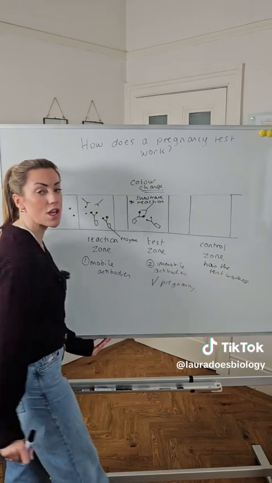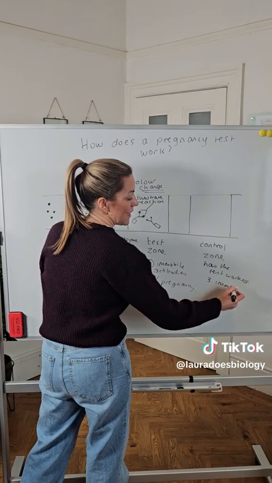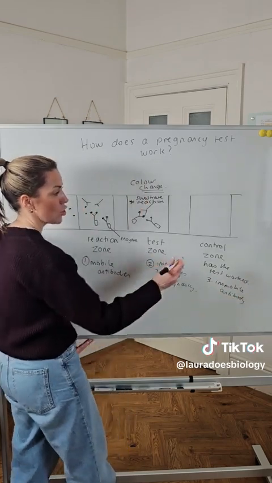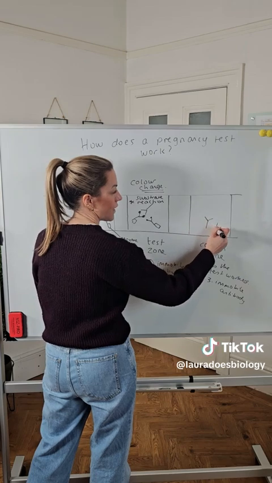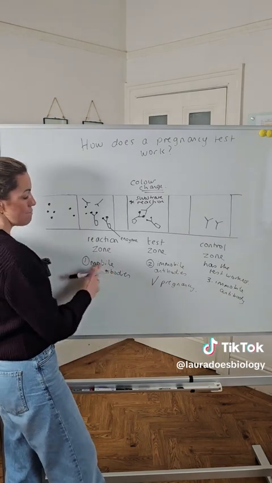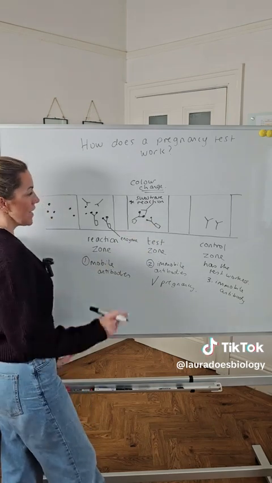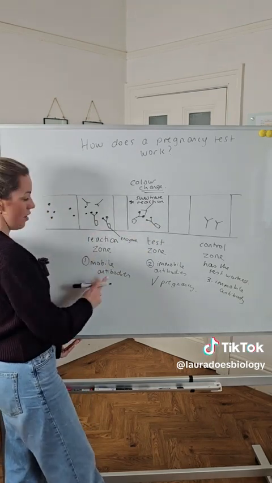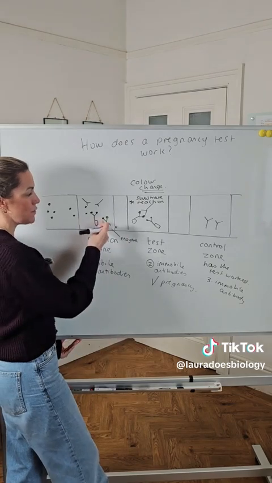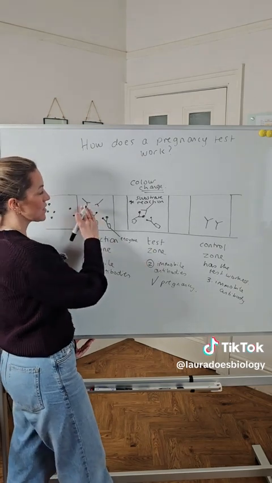And in the control zone, we've got a third antibody. Again, it's an immobile antibody that is fixed in place in the control zone. Now, this antibody will bind to any of the mobile antibodies that did not get fixed in the test zone. And because there's such an excess of mobile antibodies here, even if the woman is pregnant and some of them did bind to HCG and some of them did get fixed in the test zone, there'll still be such an